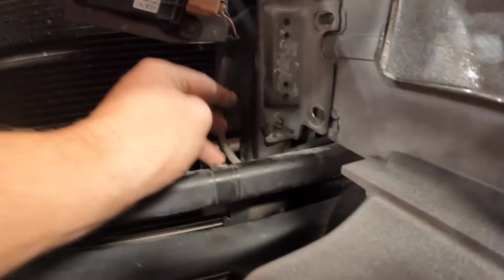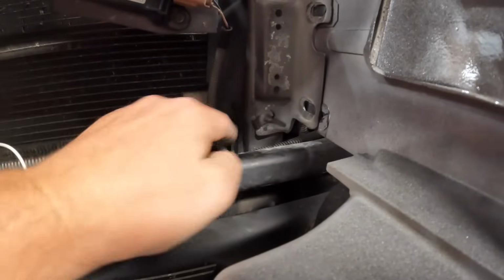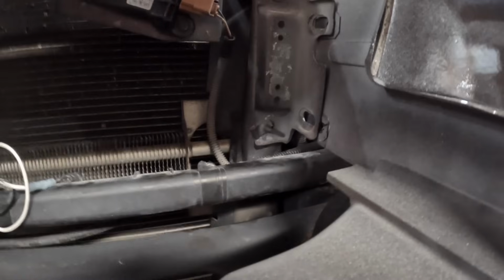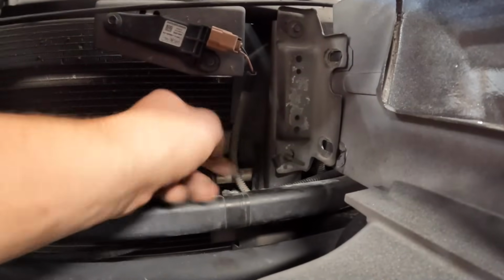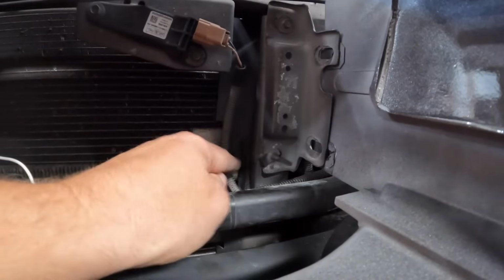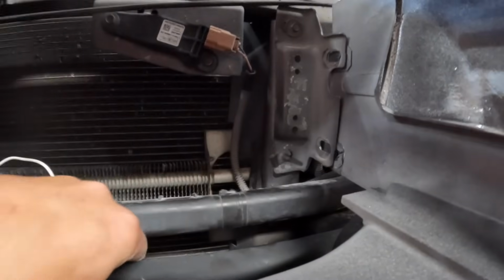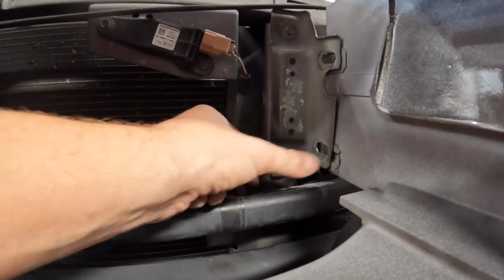So you can see it better down here. It's this piece back here. So that got bent just a little bit, it looks like. And luckily I don't think anything hit the radiator or anything. It just bent it just slightly. So let me see, this is not a solid piece here. Let me see if I can get something in there and just pull this straight out to the point where